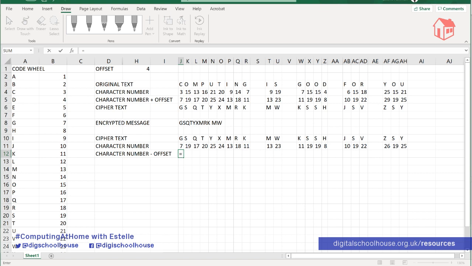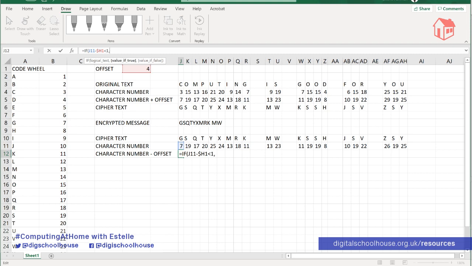Equals, open my bracket, IF, then open brackets. I want to say if J11 minus the offset, and remember we want to make the offset an absolute cell reference, so I'm going to pop in the $ in front. If that is less than, the less than symbol is the shift key and the comma key this time, less than 1,